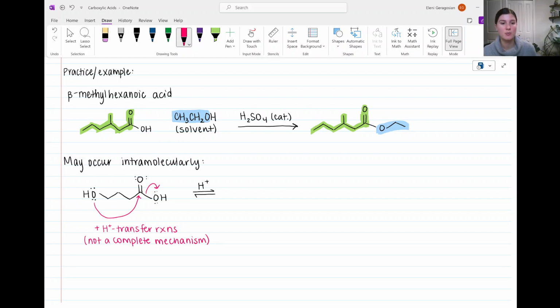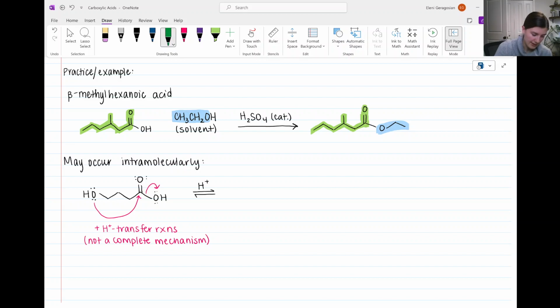This mechanism would follow the same steps as the previous video. The only difference would be, instead of adding a new alcohol molecule, you are adding the alcohol from the left side of that chain to the carbonyl carbon. So this is not a complete mechanism, just to generally show you what occurs. This would produce,